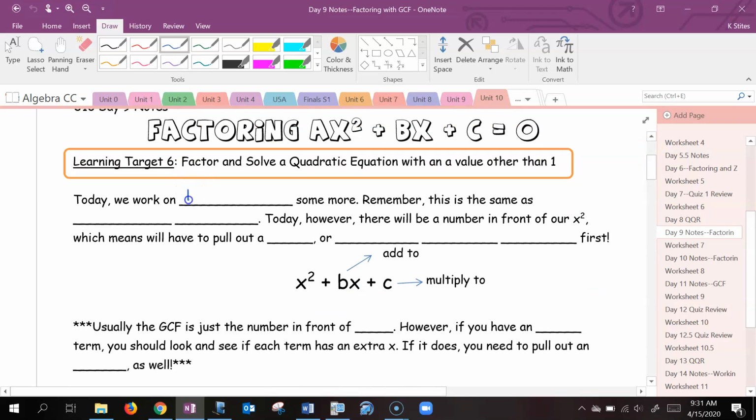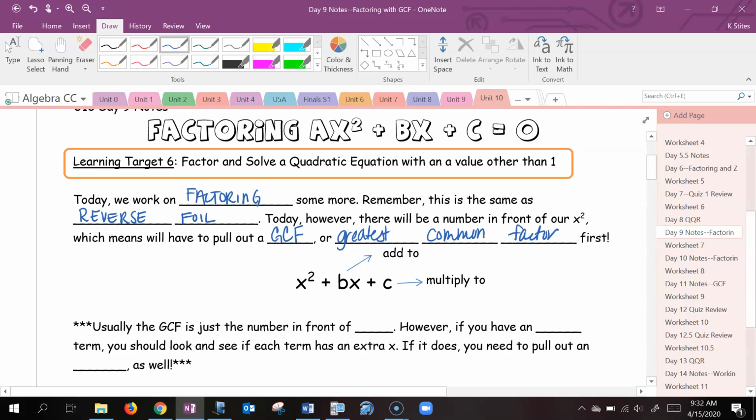Today we will work on factoring some more. Remember, this is the same as just reverse FOIL. Today, however, there will be a number in front of our x squared, which means we are going to have to pull out what's called a GCF, or you may know this as a greatest common factor